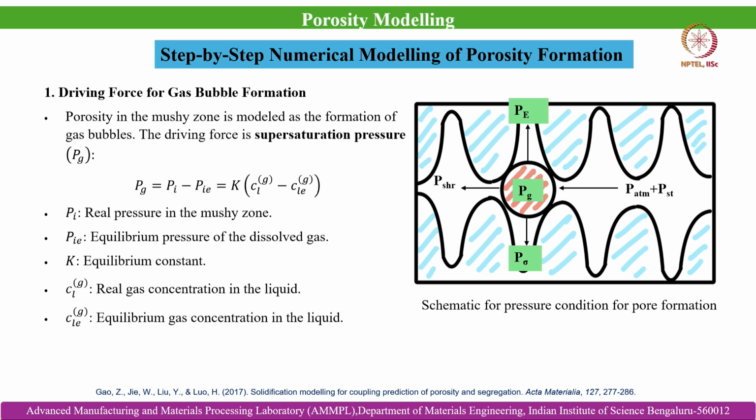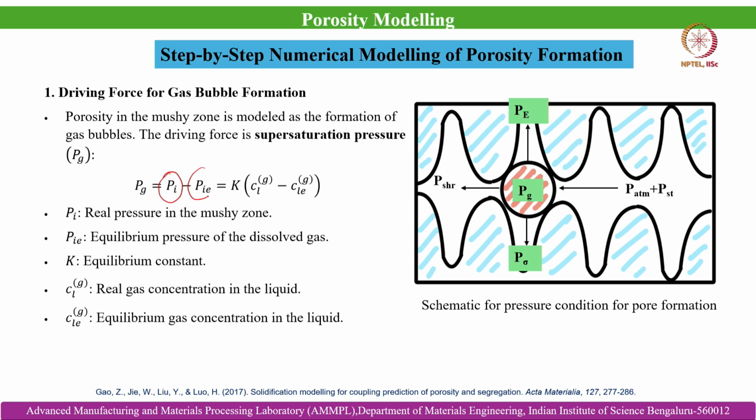And one of the most primary sources, if we are talking about light metals, for example aluminum alloys, is hydrogen. So the saturation pressure of these evolving gases is the driving force for pore formation, which is termed here as Pg, and Pg is equivalent to